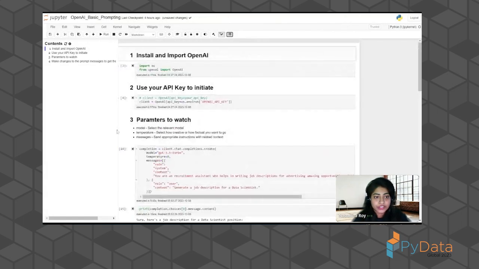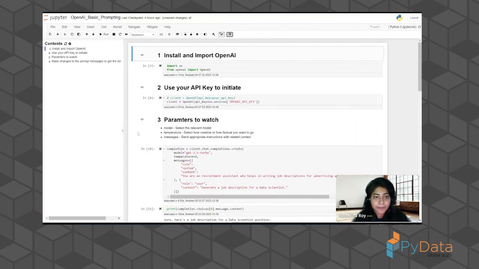Okay, so when you start, first you will need to install OpenAI, and you need to register for your OpenAI key. You need to open your OpenAI account, get your API key, and set it up. You can directly put your API key here, but since I'm presenting and not allowed to share my API key, I keep it in my environment variables, and this is how I fetch it, with os.environ, and then the key whose value is the API key.